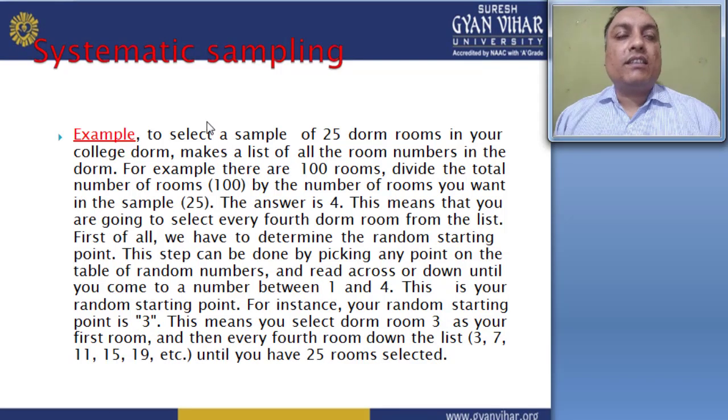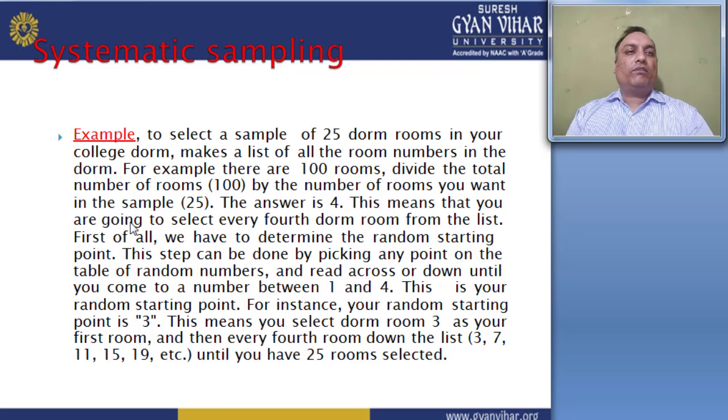So this is an example of one systematic sample. For this systematic sample, one example is given to select a sample of 25 dorm rooms. Select a sample of 25 dorm rooms in your college dorms, and make a list of all room numbers in the dorm. For example, there are 100 rooms. Divide the total number of rooms, 100, by the number of rooms you want in the sample, 25, and here the answer is 4. This means that you are going to select every fourth dorm room from the list, and